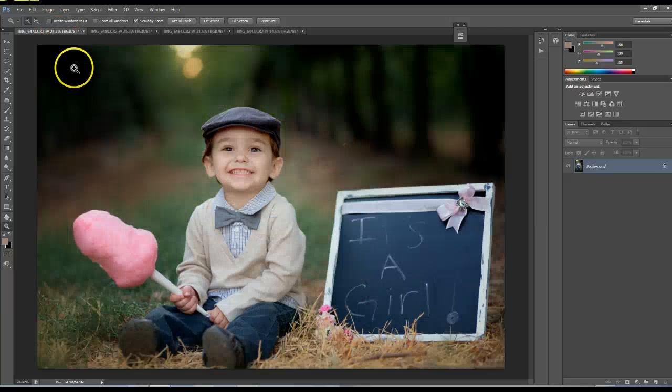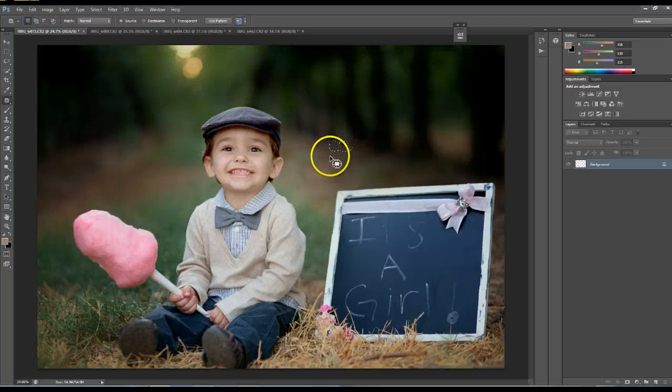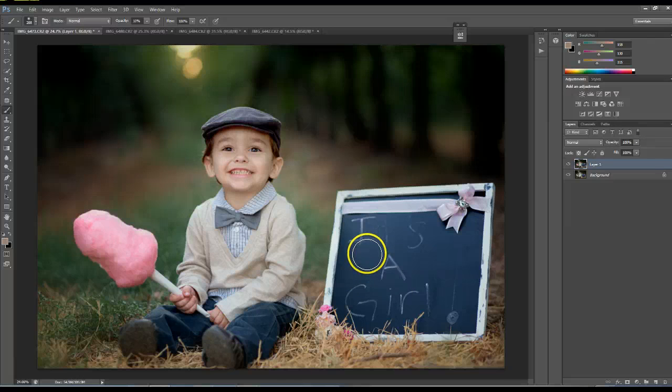I'm trying to think of what else I could do. Oh, I can take this little mosquito guy out. He's just nothing but a nuisance. Just like that. What I would do is I would duplicate my layer, grab my brush, sample this color, and then brush it onto the chalkboard. So what I'm going to do is I'm going to use a different font. So